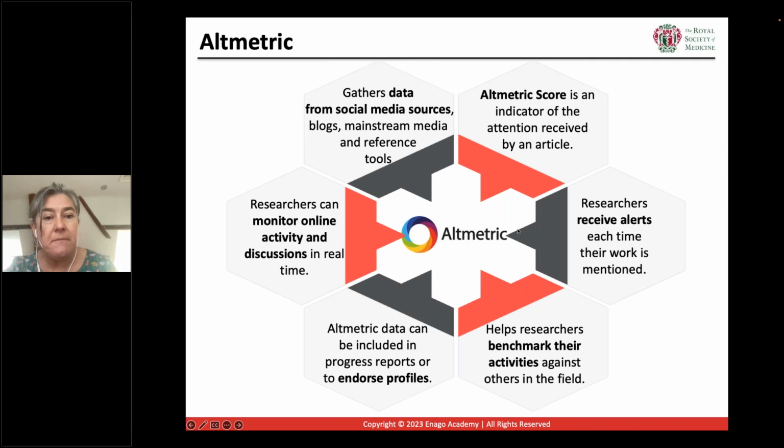So you can benchmark your activities against other people, by looking at your score in context when you're examining it. It can be particularly useful for early career researchers to get a sense of what's actually happening with their work, because if you've published an article, it can take a while for it to accrue citations, but Altmetric can often provide a much more immediate sense of attention from the field.